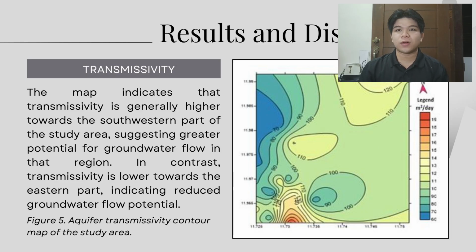Transmissivity, a measure of aquifer's capacity to transmit water, is shown using contour lines with different colors representing varying transmissivity values. The map indicates that transmissivity is generally higher towards the southwestern part of the study area, suggesting greater potential for groundwater flow in the region. In contrast, transmissivity is lower towards the eastern part, indicating reduced groundwater flow potential. The remaining areas exhibit moderate transmissivity. This spatial variation in transmissivity is crucial for understanding groundwater dynamics and for effective water resource management in the Damaturu